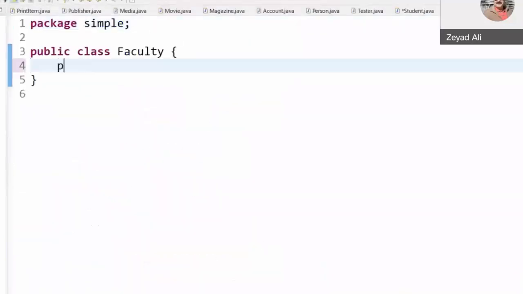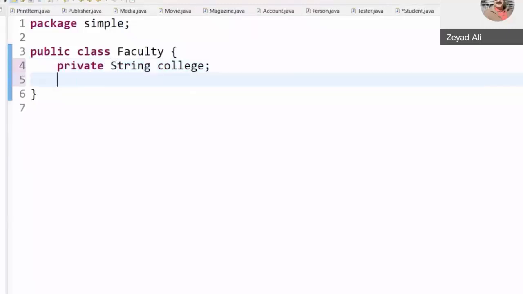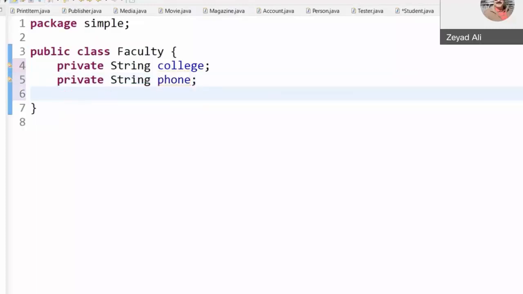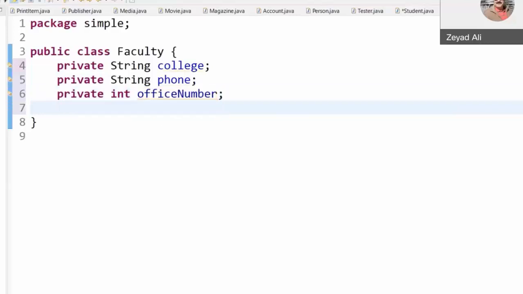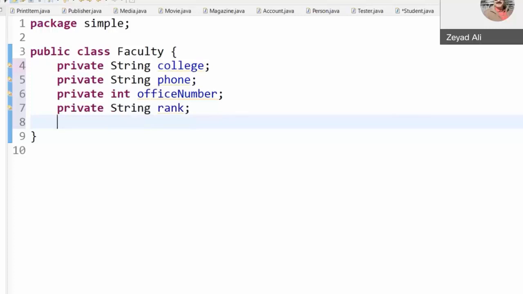For example, private String college, private String phone number, private integer office number, and this is a faculty. And private String rank, for example. However, faculty still has a name and an age and all these things.